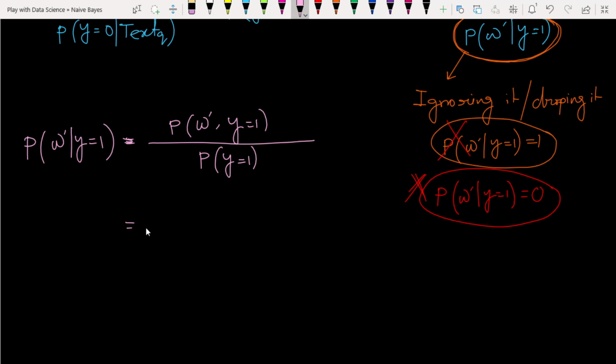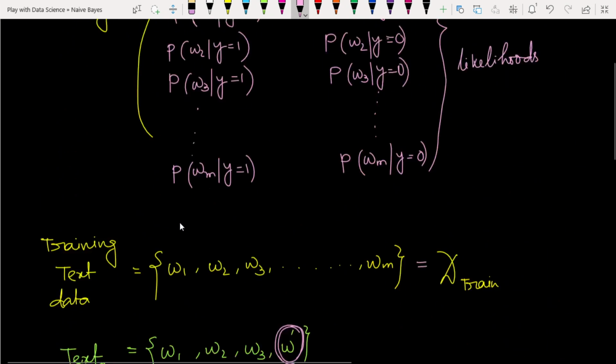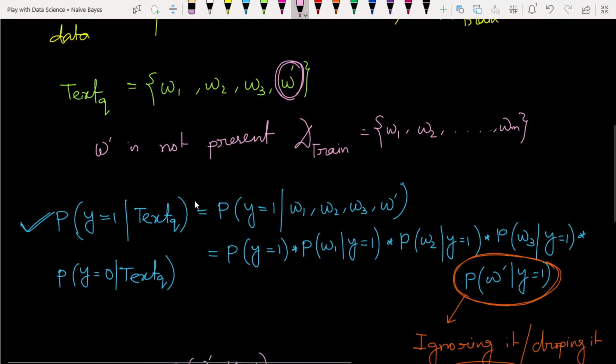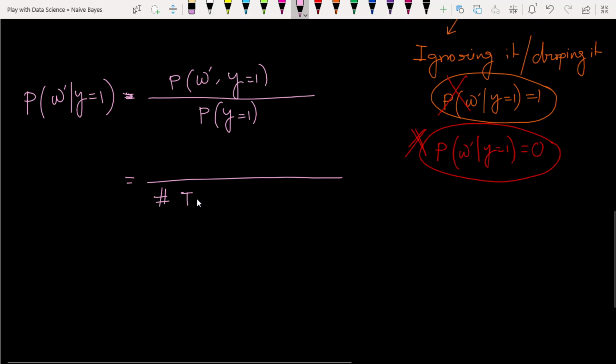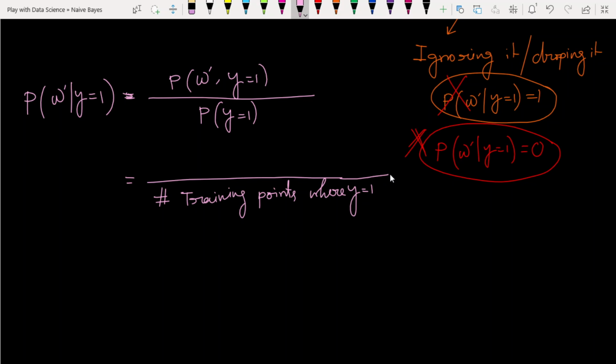This is simple. So this probability means, if you see our training data set, in the denominator the number of training points where y equals 1, and in the numerator